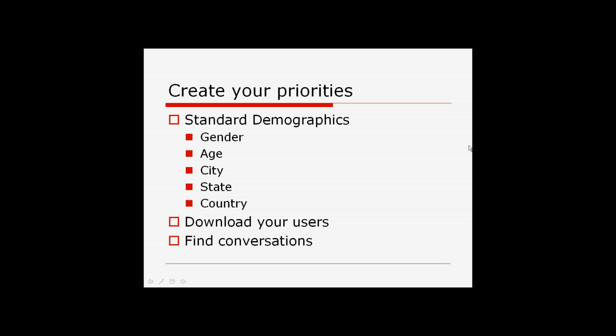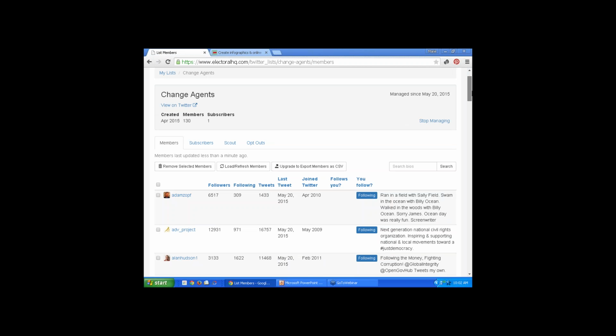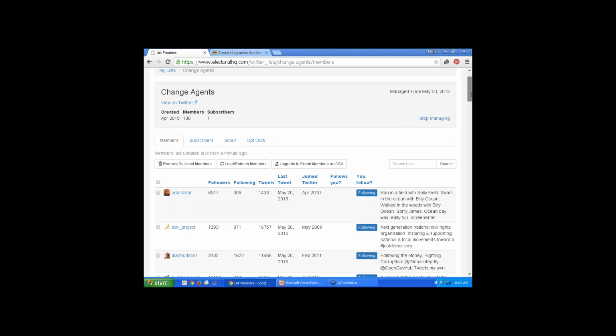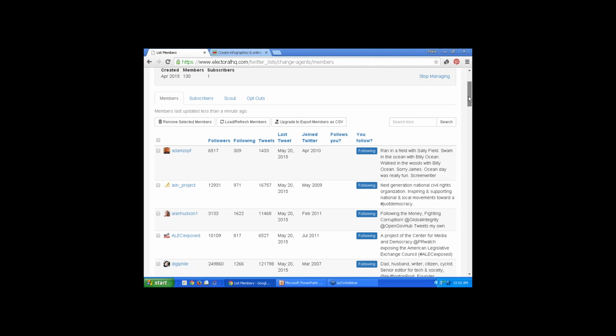But the other thing we can do when we access the API, the plumbing behind social media, is look at exactly who these people are. So what I've done here is loaded one of our lists. We talked about the list that we have called Change Agents. And this is another tool where you can manage lists. There are lots and lots of tools we could talk about all day, but we'll get into how to manage those towards the last week.